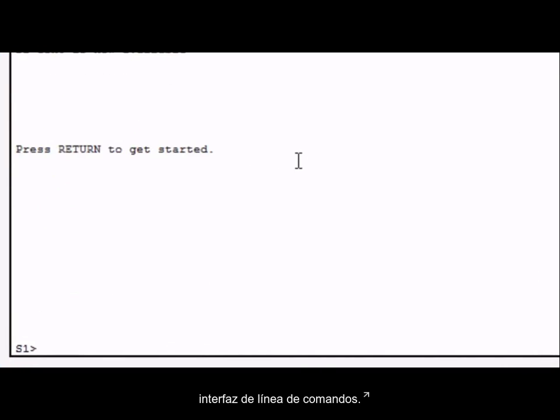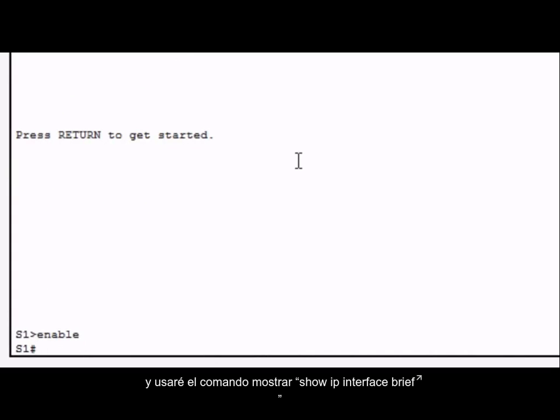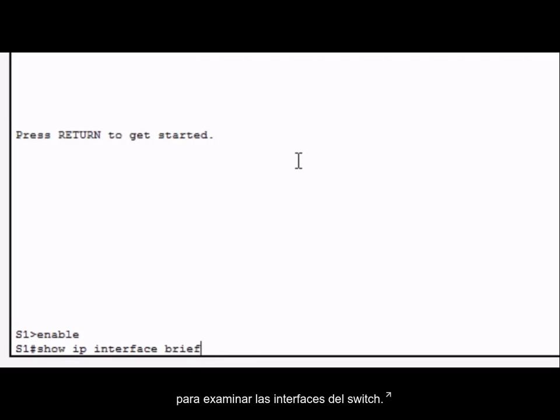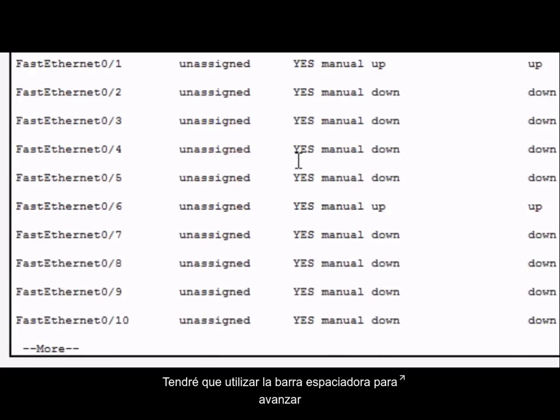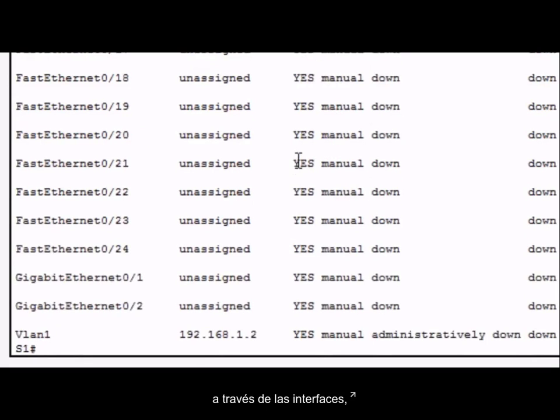connection command line interface. I'll type enable, and I'll use the show command, show IP interface brief, to examine the switch's interfaces. I'll have to use the space bar to page down through the interfaces, and you can see that the last entry is the VLAN 1 switched virtual interface. It's been assigned the IP address